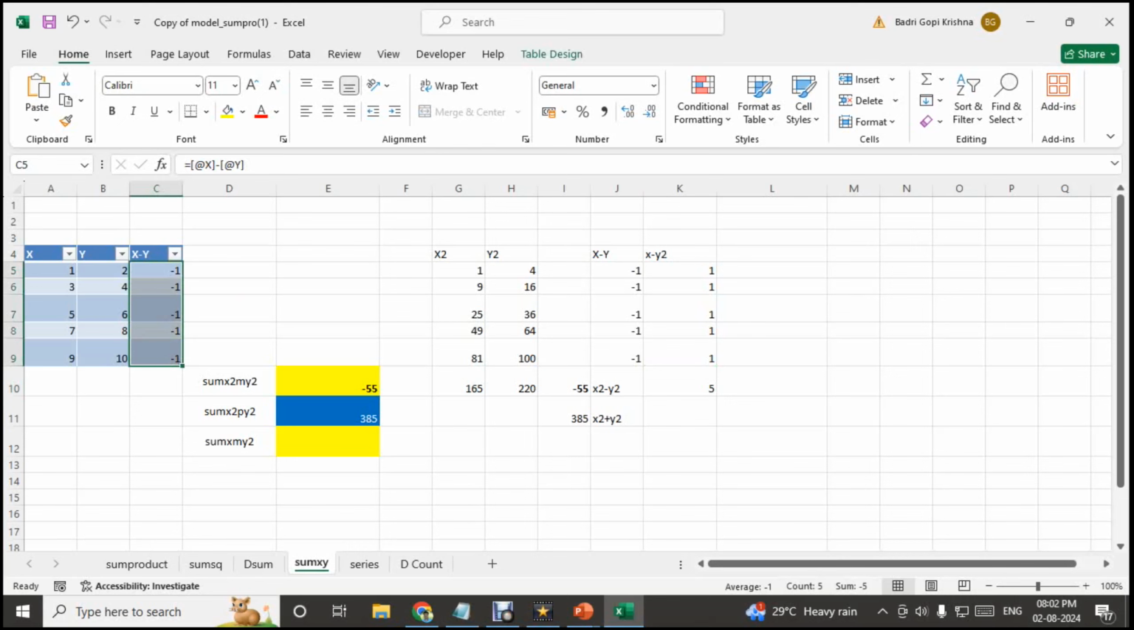Later we have to apply the square on that x minus y value. Then we have to apply the sum on the x minus y square values. So it takes much time. If you want to insert the x minus y whole square directly from a range of values, you can